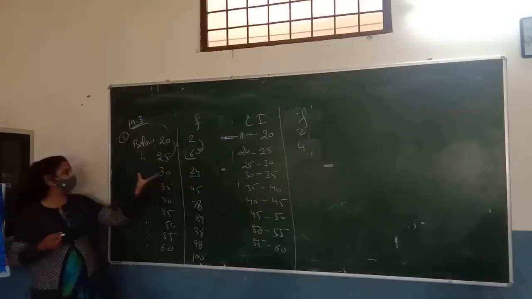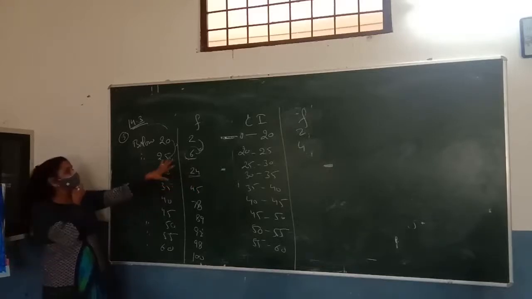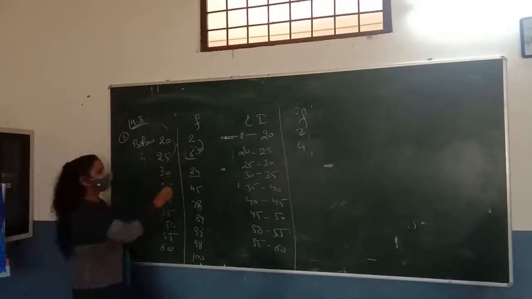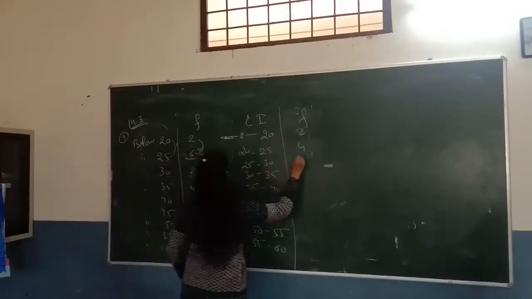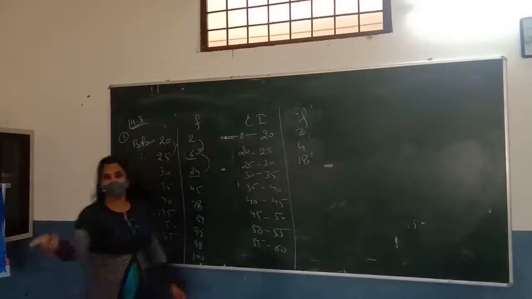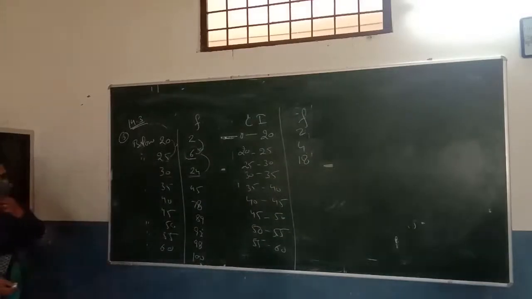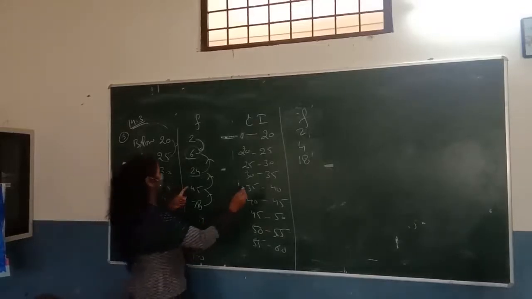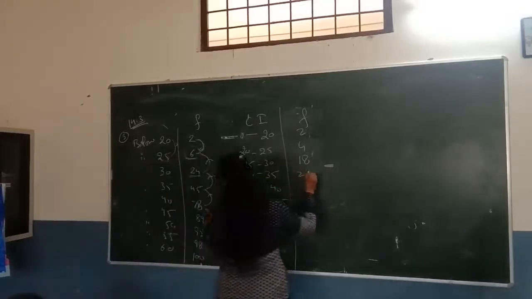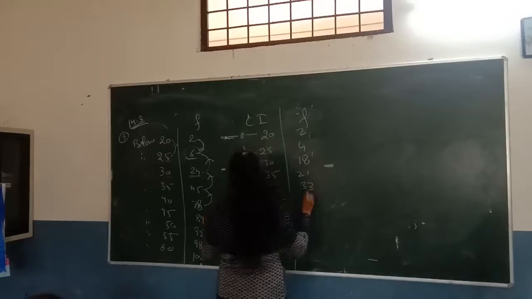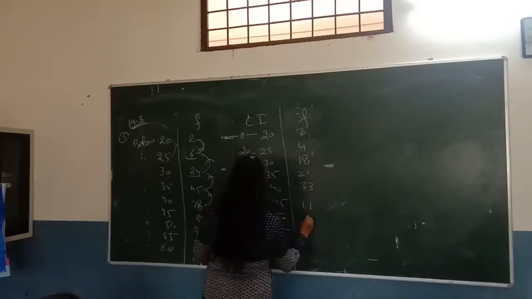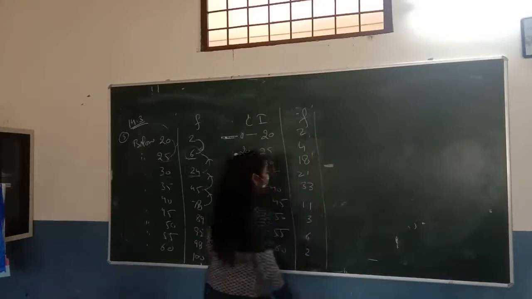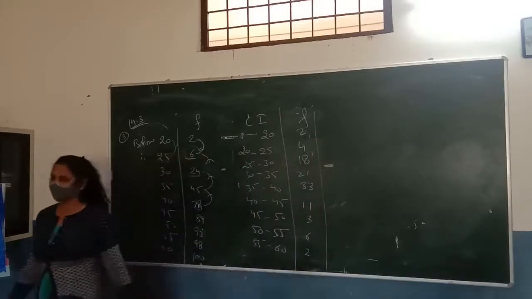Think about it: if below 30 there are this many numbers, won't the numbers below 25 be included? They will. So how many numbers are there? 18. So close this. Complete this table. 45 minus 24 will be 21. And then 33, 20, 11, 3, 6, 2, and 50. So you can find the median of the table.